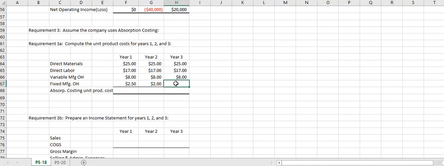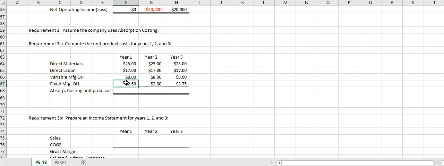So we're going to take the 150,000 divided by 40,000 units produced. Oops, got a mistake in my formula. There we go. I'm missing a zero. All right, that looks better. $3.75. So in our fixed manufacturing overhead, we're taking the total fixed overhead of $150,000, and that's the same for